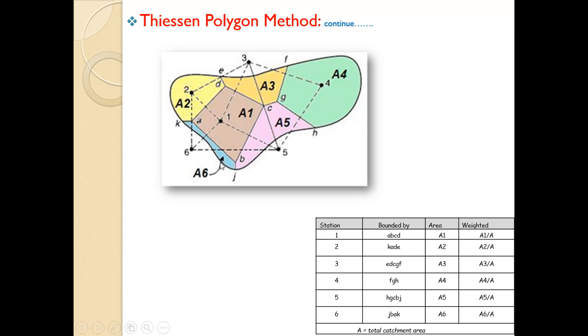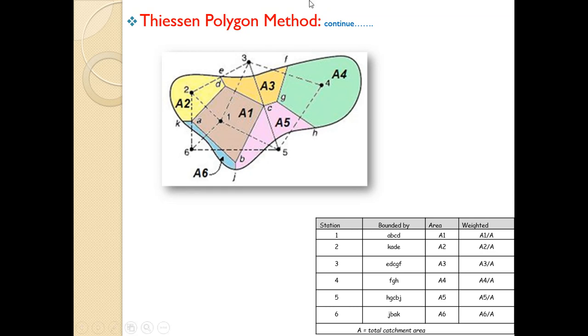If a station is lying outside, the bisectors go outside, and in that case the boundary of the catchment is the boundary for the polygon. The region beyond is not covered under the polygon. So this is the boundary for the polygon, colored sky blue, for A6. This is the area for A6. This is important, hope you understood. Read it twice or thrice, then you can understand. It is a little difficult for you at this level to understand 100%, so go through the steps again and again.